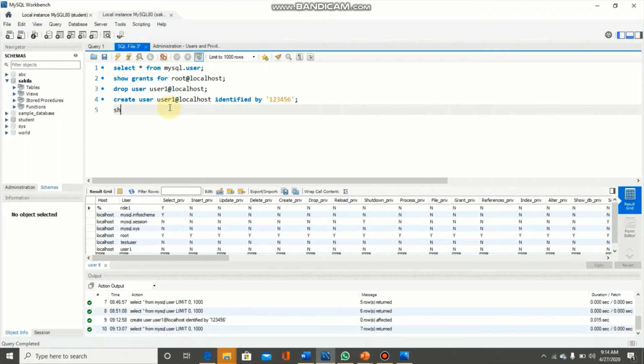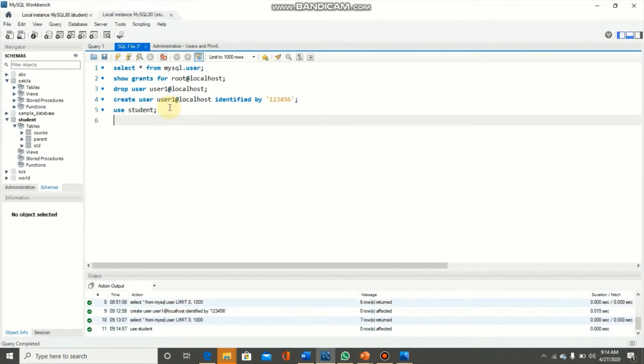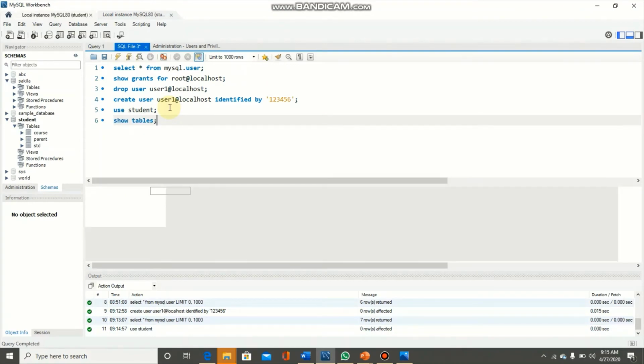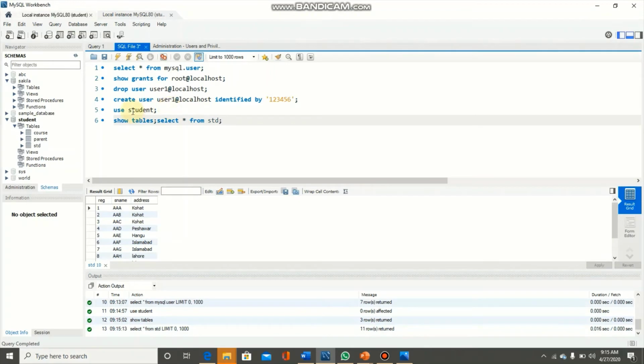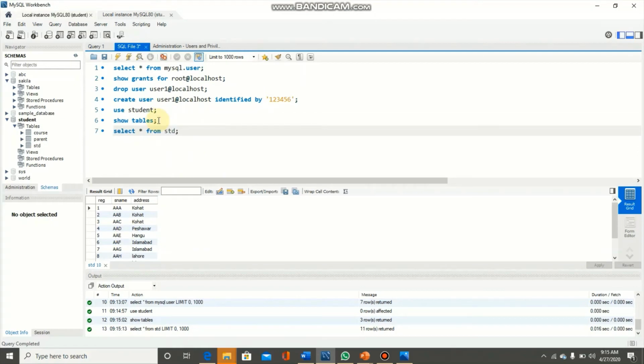For example, if I type here student and then show tables, tables are displayed. Then select star from std, content lying in the table std are also displayed with the help of select query.